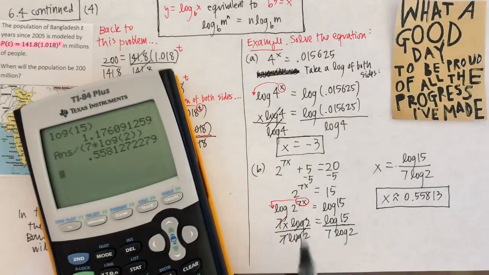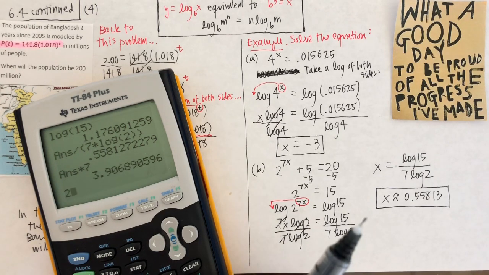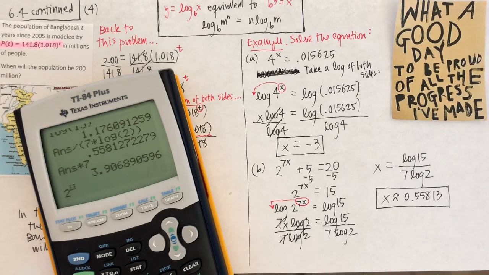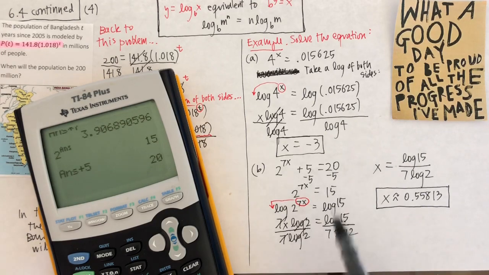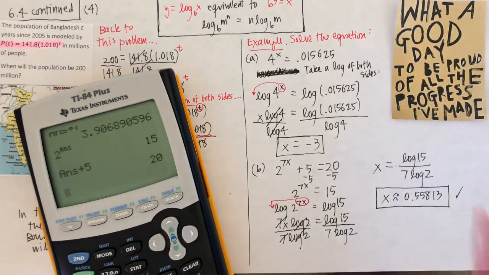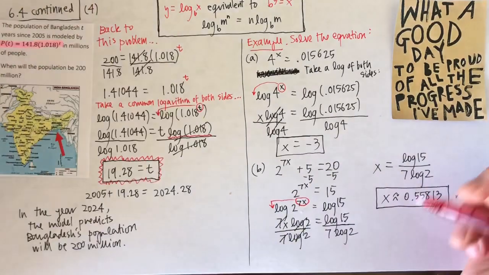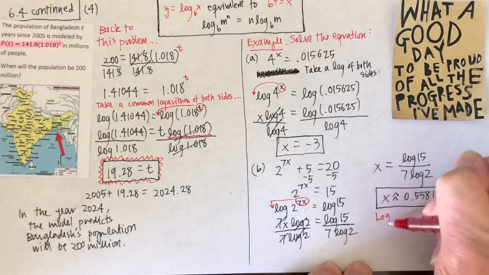I'm going to double check it. I'm going back to the original. So that number times 7. So 2 raised to that answer is that. And if I add 5, yeah, I get 20. So that checks out. So you're already seeing that logarithms